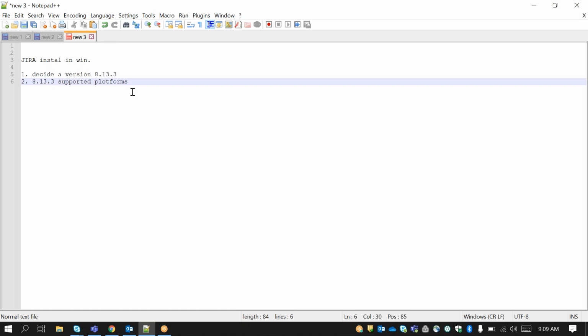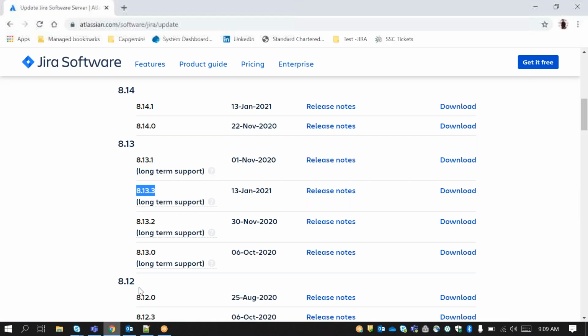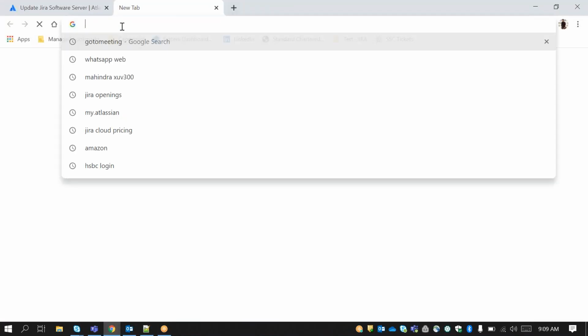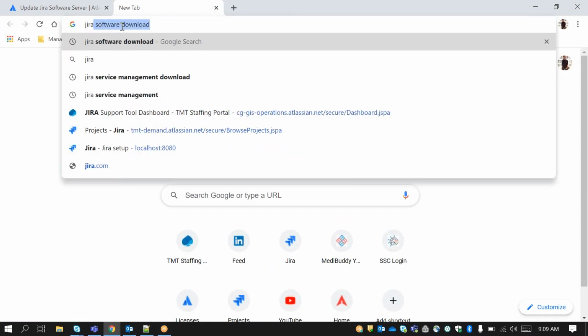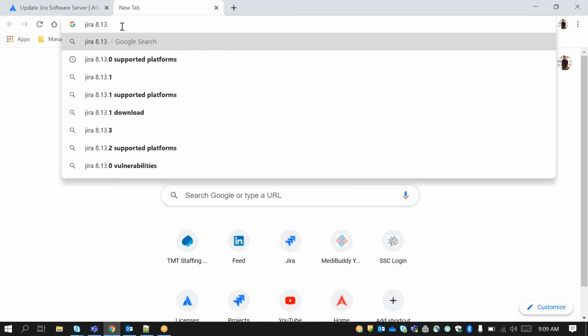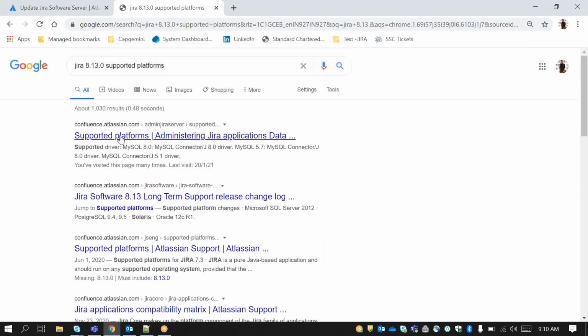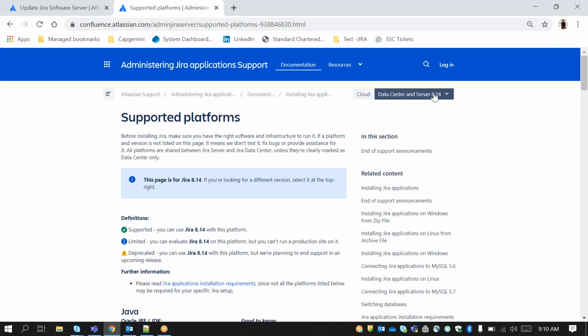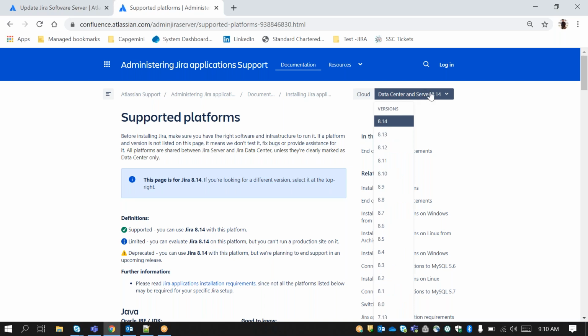Okay, 8.13.3 supported platforms. So how do we verify this? Same way, just open the browser and enter the search. By default, on the right side you have a chance to select your version history.